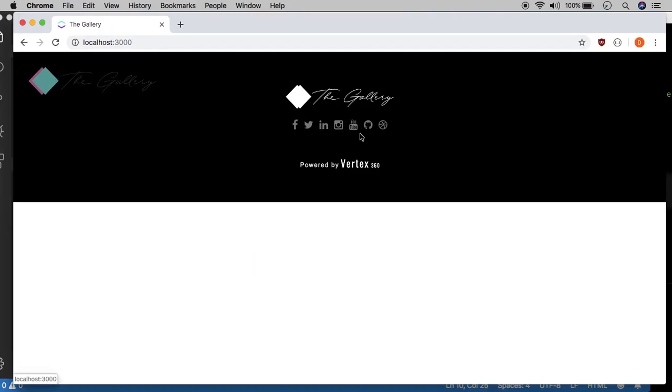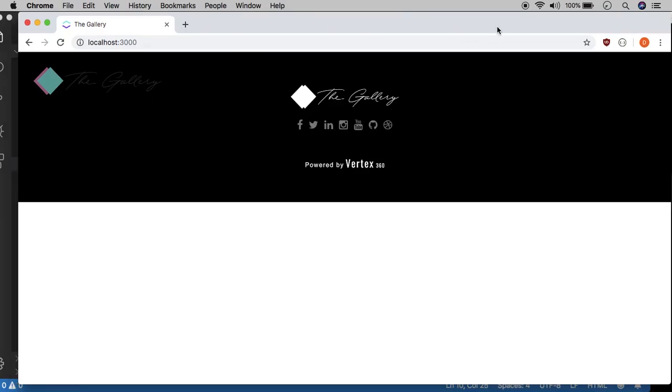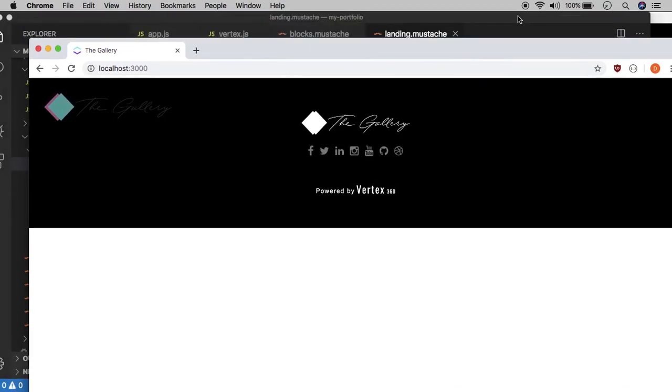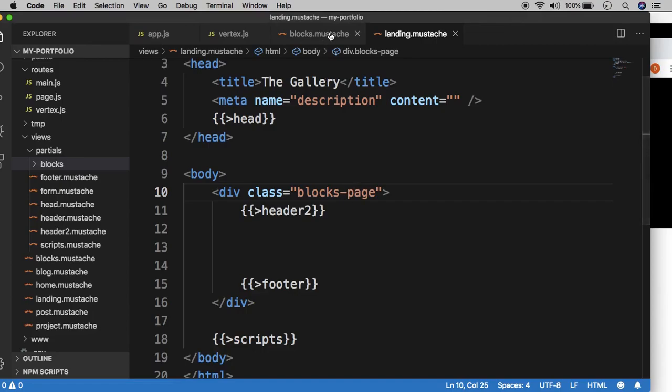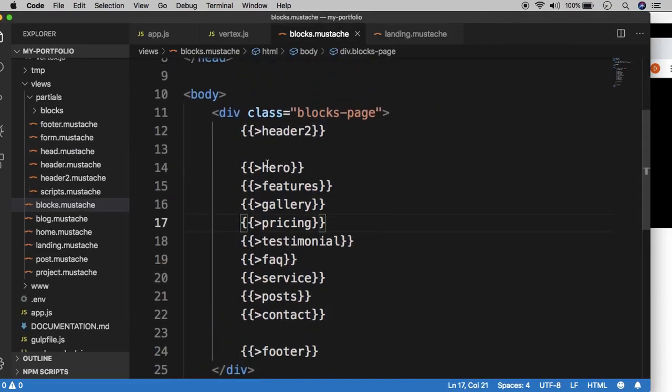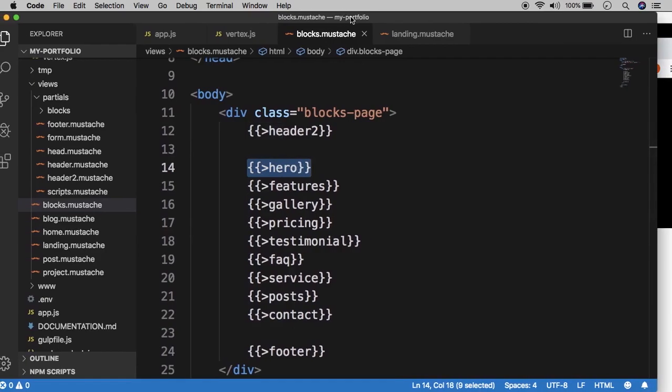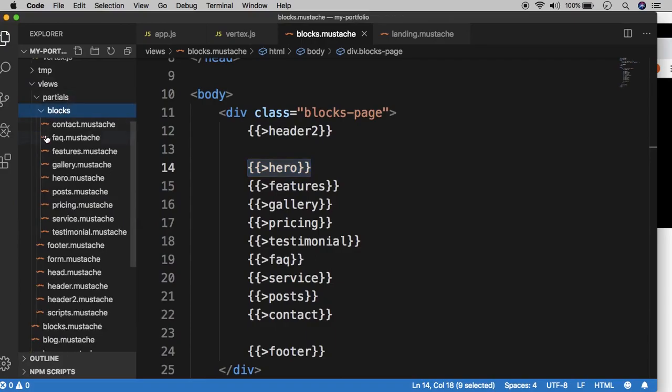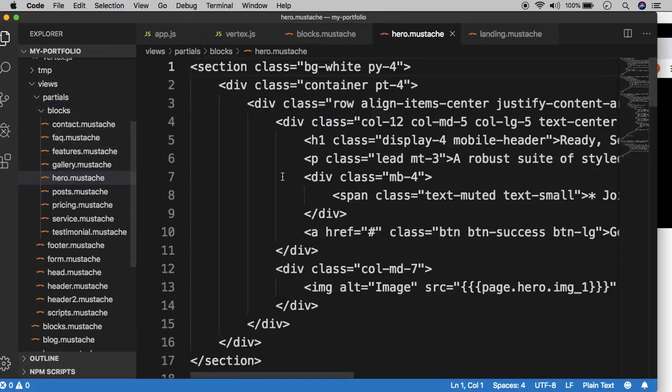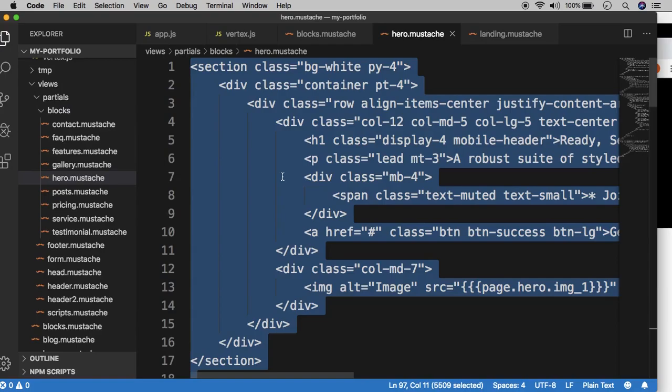It's hard to see, but there is the header, and that's it. The header's dark text, so you can't see it against this black background. So what we want to do is now look at the blocks template, and we want to restore the hero partial, but we want to grab the actual raw HTML. So we open up the blocks, and then we grab the hero partial, and we simply copy the entire thing,